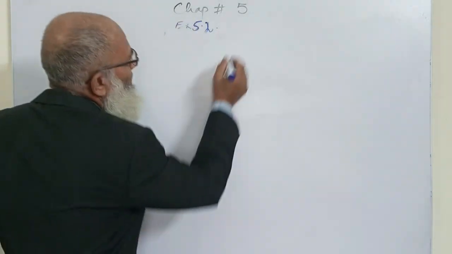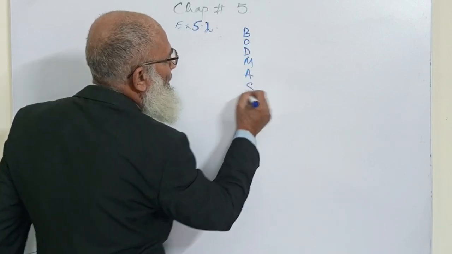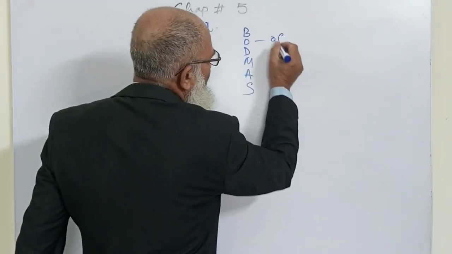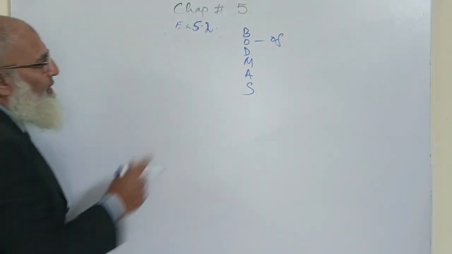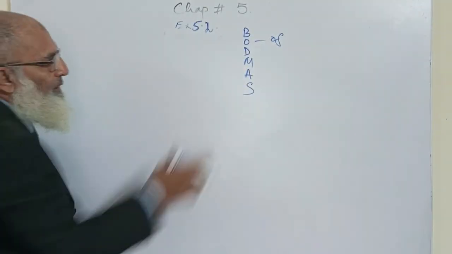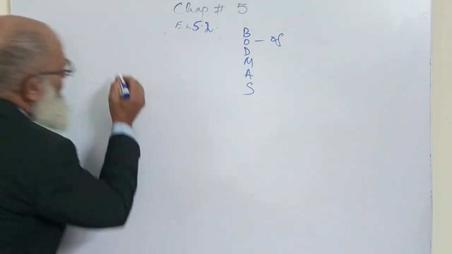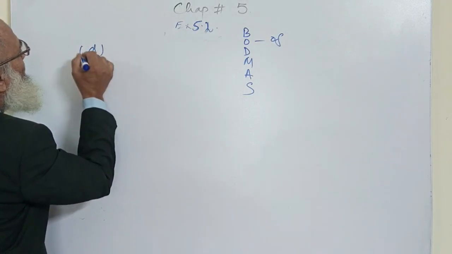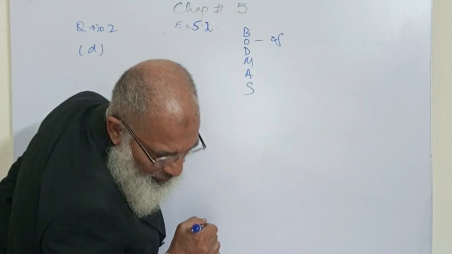Now in board maths, there was "of", and it is for "of". The rest of the things you have already tried, but "of" has come for the first time. This question is D. Question number 2, part D. 4 upon 5